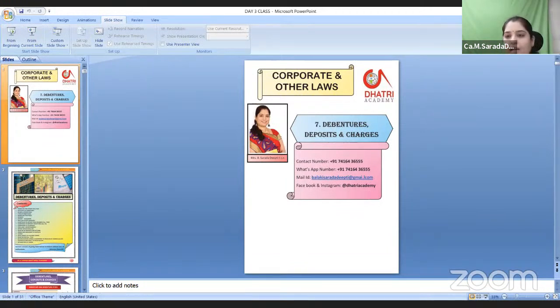Until then, the company can collect its deposits until it reaches the maximum limit of 35% of paid up share capital, free reserves, and securities premium. Okay, so now,